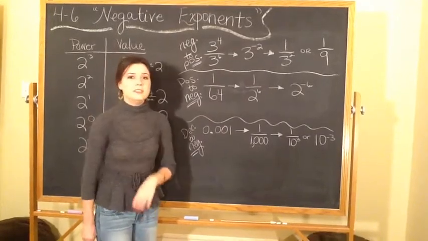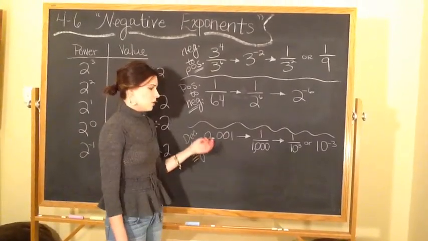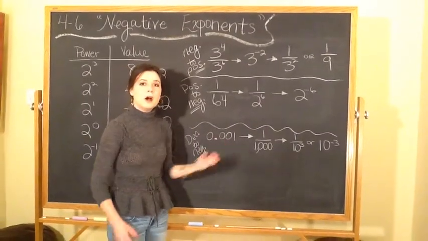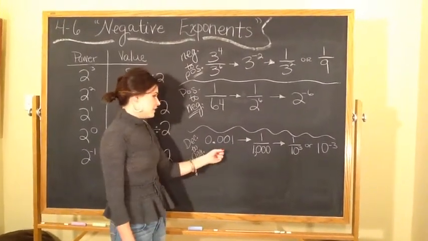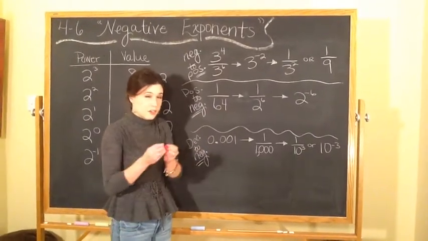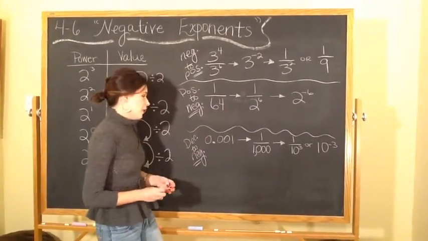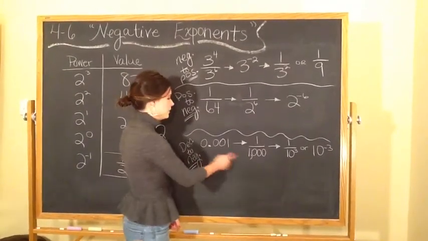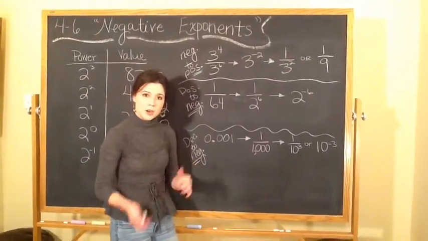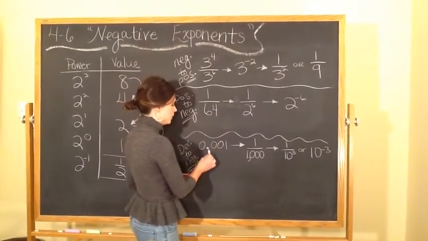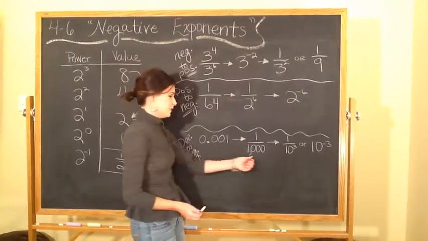Now, you're also going to be dealing with decimals. If you're talking about a decimal without a whole number, you're only talking about a part of 1. So this is 1/1000th of something. So it's a very small part. If we are going to write the decimal as a fraction, we'd have to move it to the denominator because we're talking about a part of something. And then we would have to move our decimal place over 1, 2, 3 spaces, which means we have 3